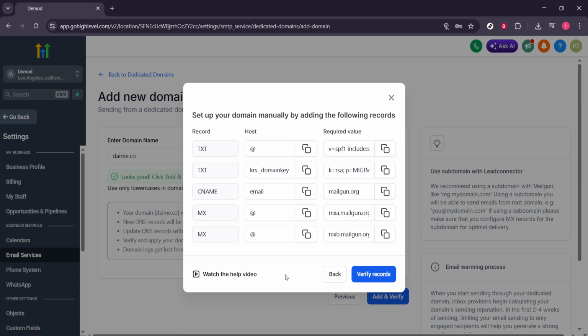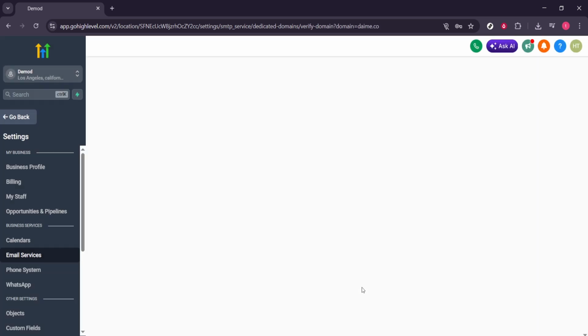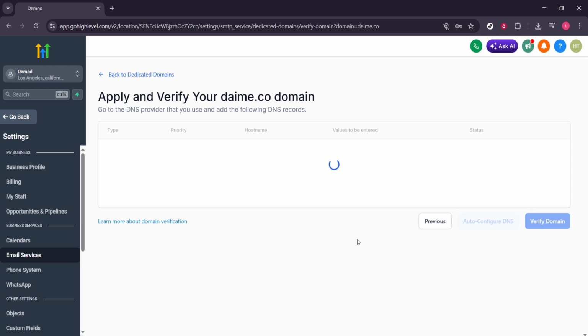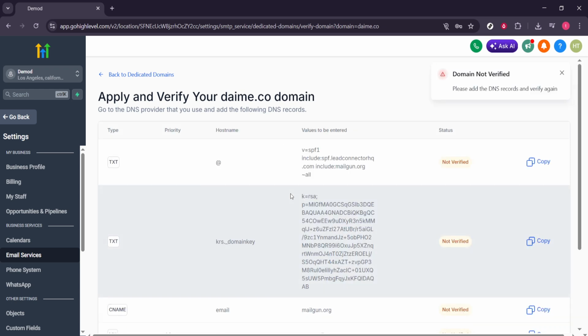Once your DNS updates are saved, return to GoHighLevel and select Verify Records. The platform will check for the presence and correctness of your DMARC, SPF, and DKIM. If everything looks good, you'll see confirmation and your domain will be ready for reliable sending. That's it. Your DMARC record is now in place, and your GoHighLevel email domain is set up for stronger authentication and better